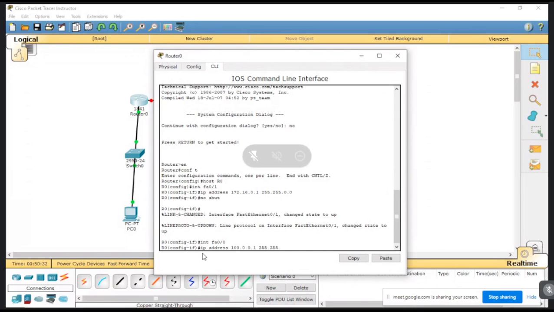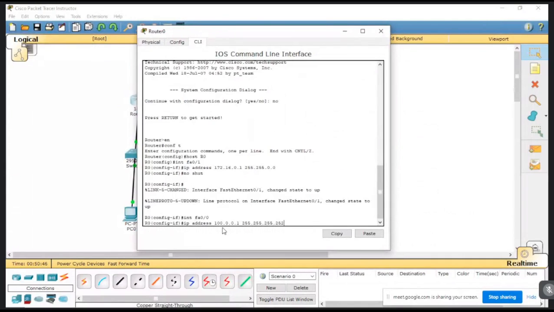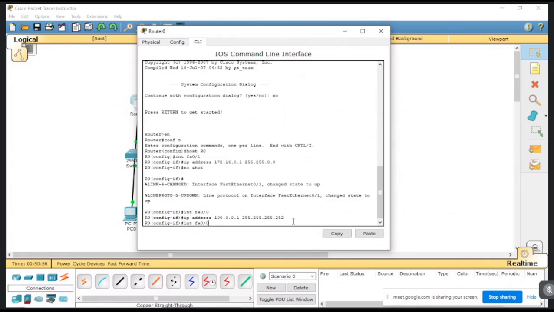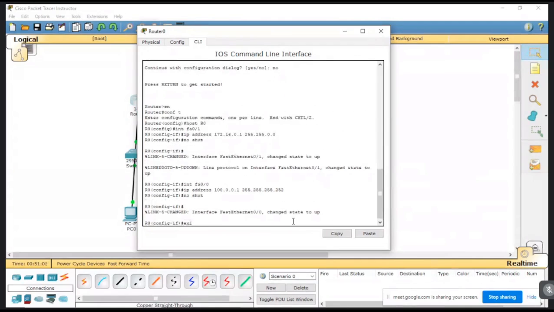And the subnet mask is 255.255.255.252. This IP address is for the connection router 0 to router 1, fast Ethernet 00. So here the IP address is 100.0.0.1, and the subnet mask is 255.255.255.252. Then write no shut to start it, and then exit.